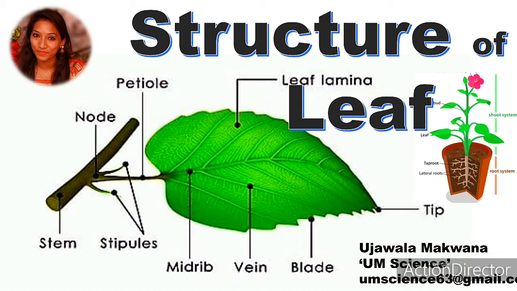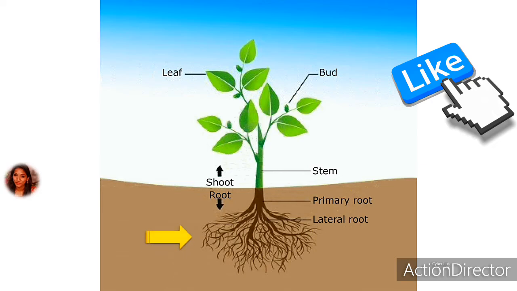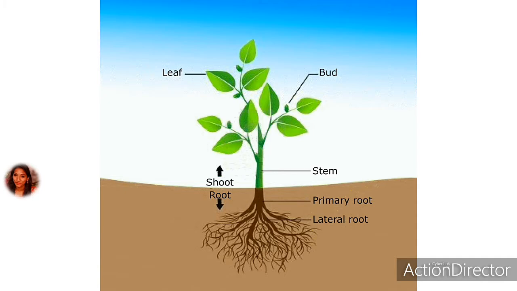Let us quickly learn about the structure of leaf. The main thing is that whenever we observe any plant, we observe many parts. First, if we see the detailed internal structure that is inside the soil, that is known as the whole root system. It is beneath the soil surface level. Then at the upper portion, we observe leaves and the stem portion. Together these make the whole shoot system that is just out of the soil.